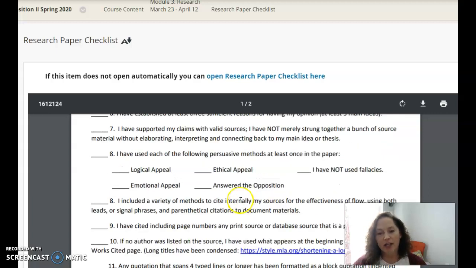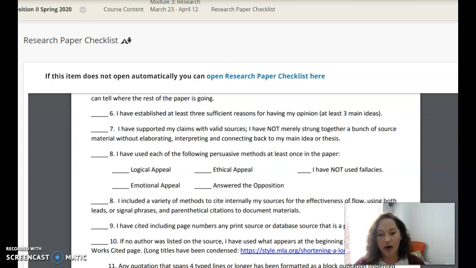This is a paper that you are aiming to convince, and so remember, go back through your argumentation notes so that you make sure that you're doing all of these different appeals, that you're aware of fallacies. If you're using a source that has a fallacy in it, then that's a problem, okay?